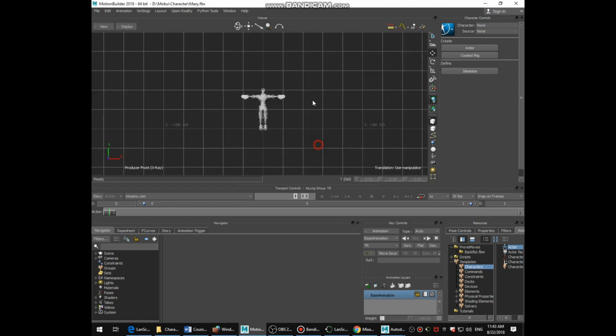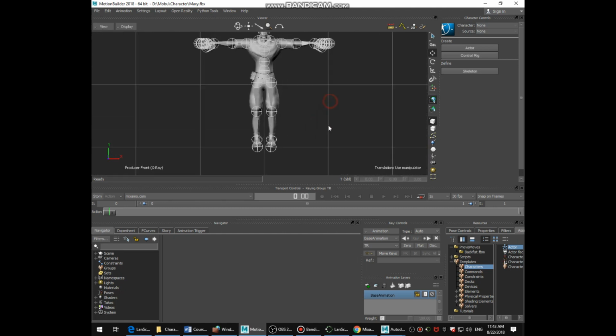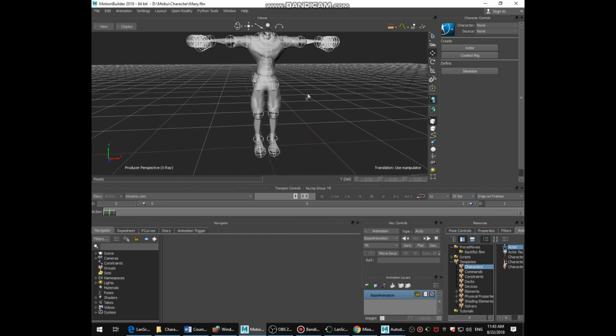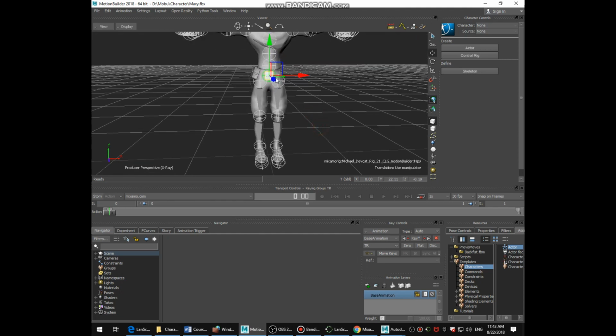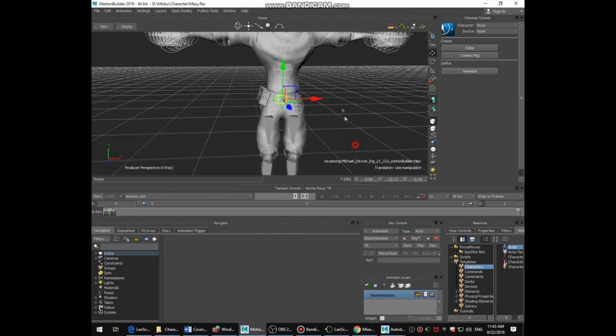So we can scale it right now. Actually, let's do that. So you need to select the top. It would have been better if we scaled the OBJ, but you can scale the skeleton right now. It's not a big deal. So if we select the root, the pelvis bone,